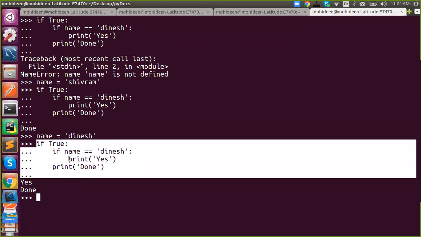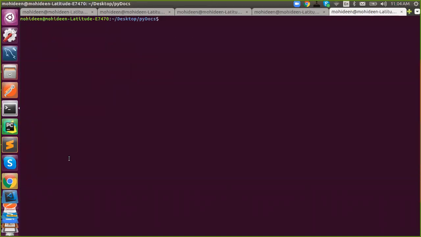These blocks of code are denoted by indent instead of curly braces. In other languages we use curly braces, right? In Java I will show you.